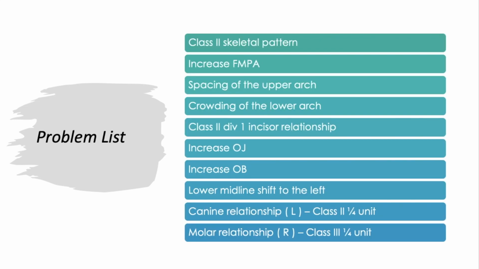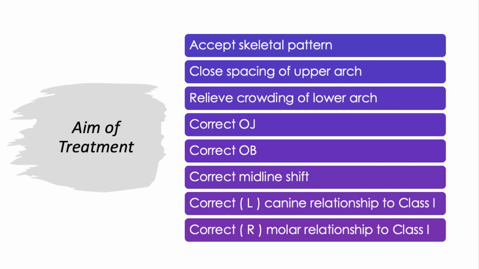For her problem list, she has a class 2 skeletal pattern, increased Frankfurt mandibular plane angle, spacing of the upper arch, crowding of the lower arch, class 2 division 1 incisor relationship, increased overjet, increased overbite, lower midline shifted to the left, canine relationship of the left is class 2 quarter unit, molar relationship on the right is class 3 quarter unit. So the aim of treatment is